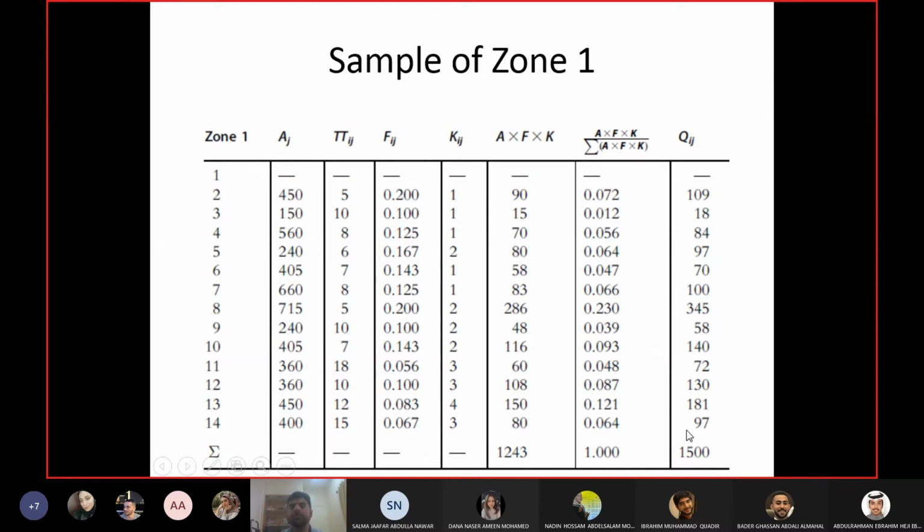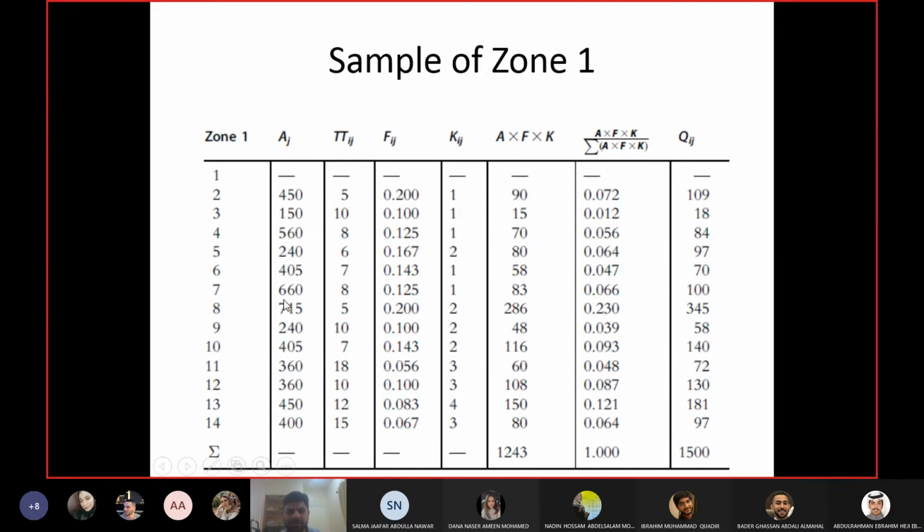Okay, now just for the sake of our own practice, we will take the actual number which they have shown in the previous trip generation table, which was 1000. So they showed the total number of trips produced from zone 1 is 1000. So let us apply this calculation to 1000 now.